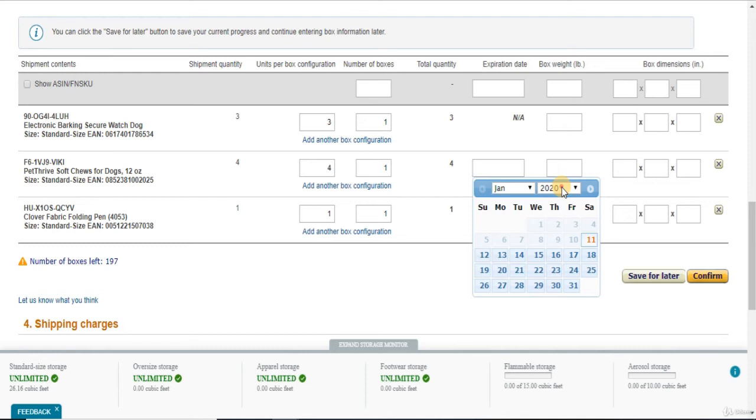So let's say this weighs 50 pounds, dimensions 12, 5, 20. Click confirm, click calculate, and this will be $22.71. So agree, accept charges, print box labels,